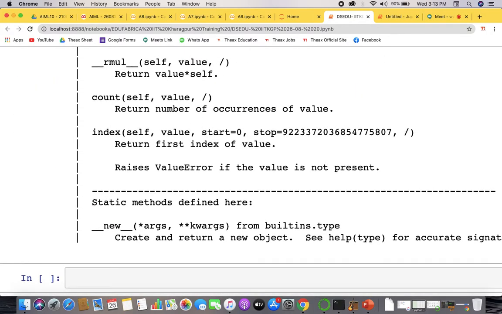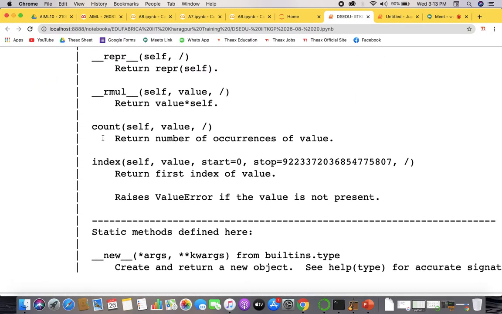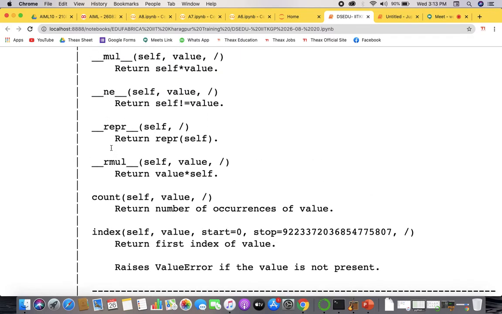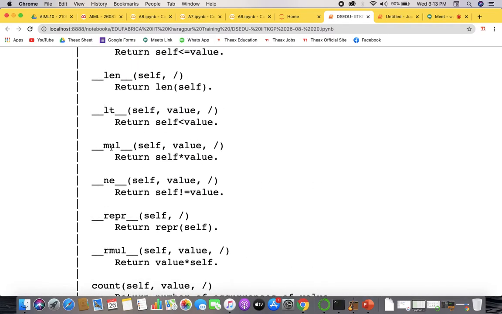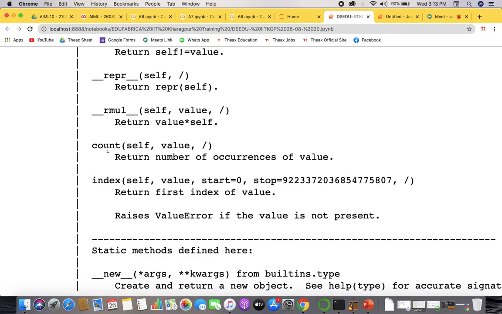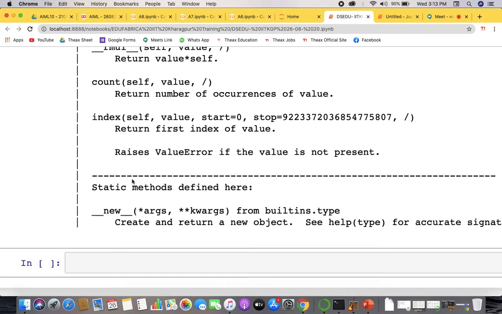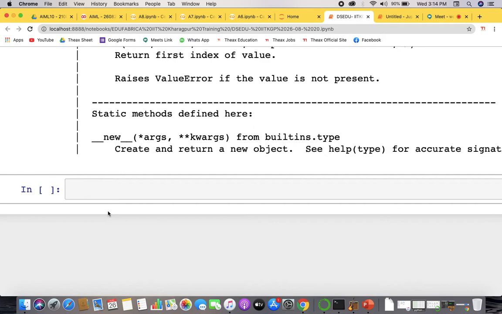So you can find the index, you can go with the count, that's all. Okay, that's it, right? You can go with the two methods inside tuple, and you can count it there. So it could be used for such an input where you don't want to actually edit the contents, or where you don't want to change your data, right? In that context you could use the tuples.